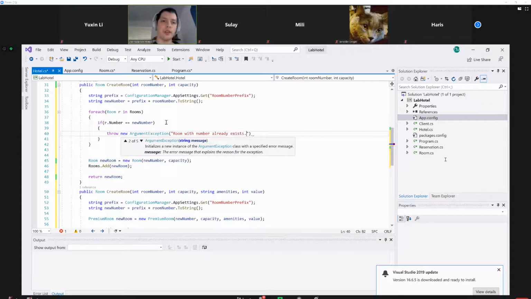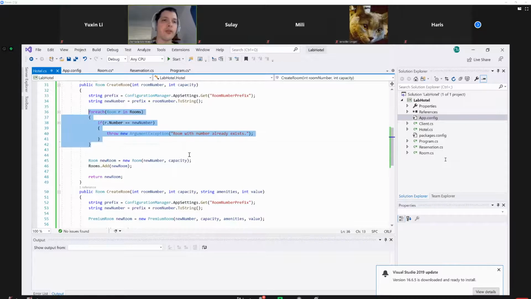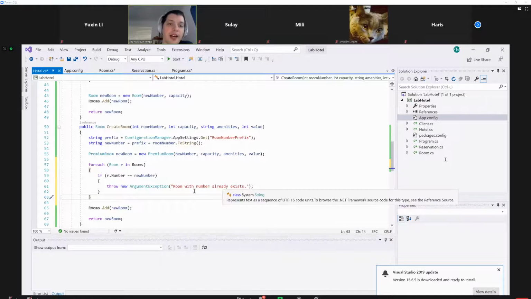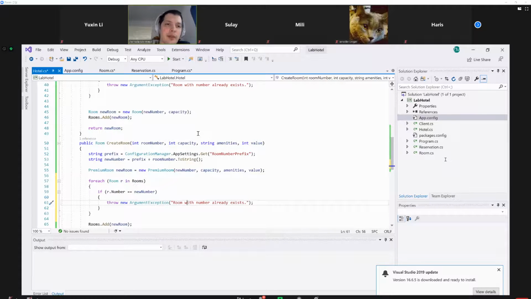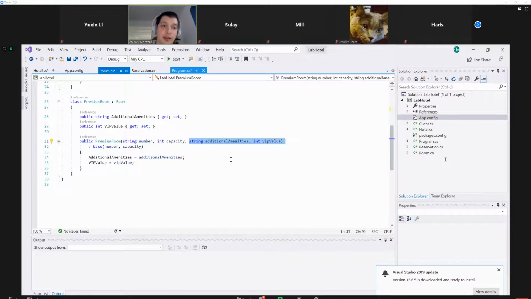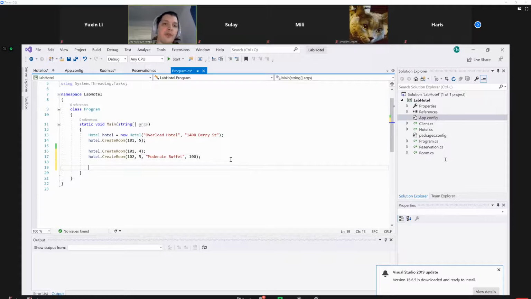Okay. So the reason I'm adding this validation here is because I don't want two room 101s in here. I actually just want to make sure that this is going to be entirely unique. Because if I want to find, like I've created my new room here, I don't have any way of grabbing that out of the list because now it's kind of lost in this list. But if I say, I want to get room 101, I say,